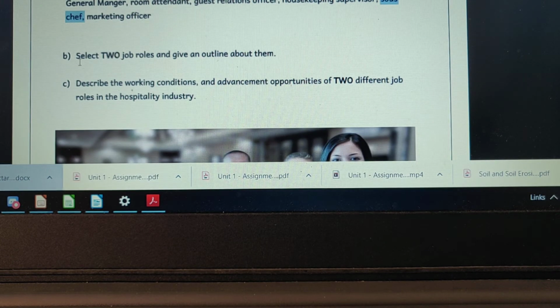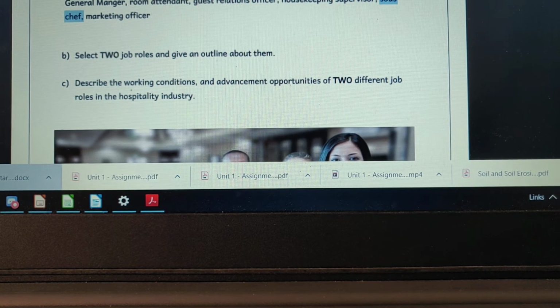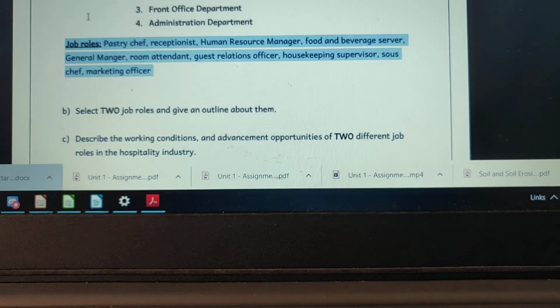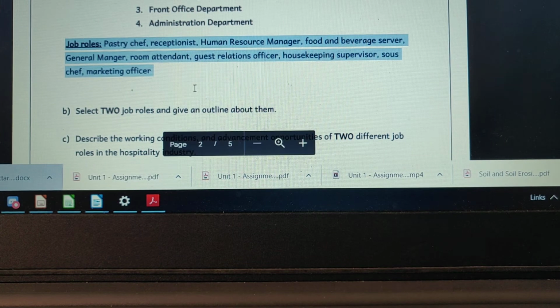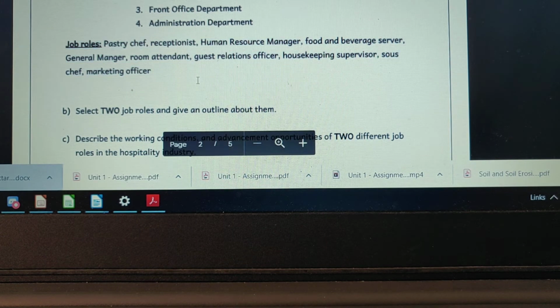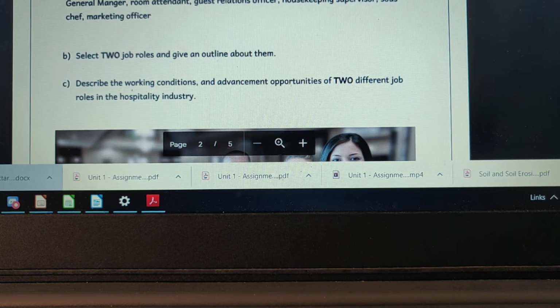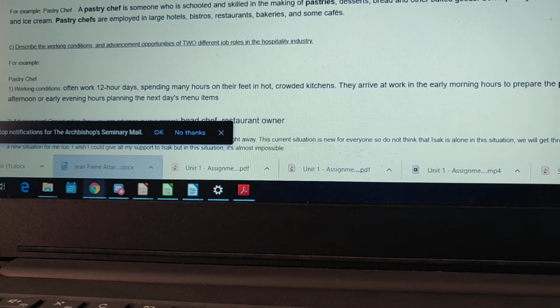So for B, select 2 job roles, so 2 from this area, 2 from here, and you have to give an outline about them. I included an example in the email I sent this morning. So for example, you get pastry chef and you give the job role about them. So for example, in the email I sent, I wrote down pastry chef, and then I wrote down what he